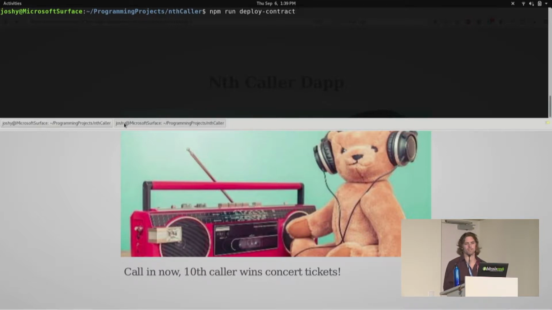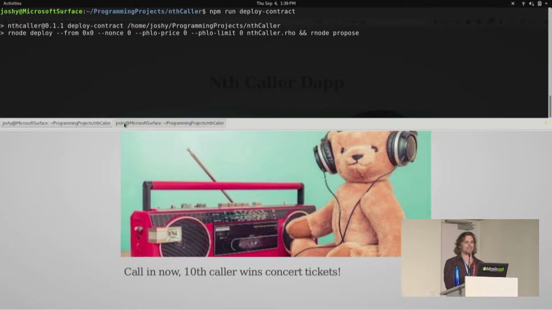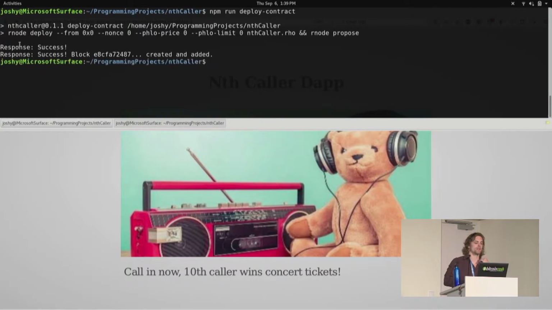And you'll probably see lots of nervous typing mistakes. You know how hard it is to code on the screen. So the first response, success, tells me that my deploy was successful. That means the node that I was running in my other terminal received the contract. And the second response is that my node successfully proposed a block and propagated it around the network. Right now the network is just my node, so that's not super exciting, but what we see here is